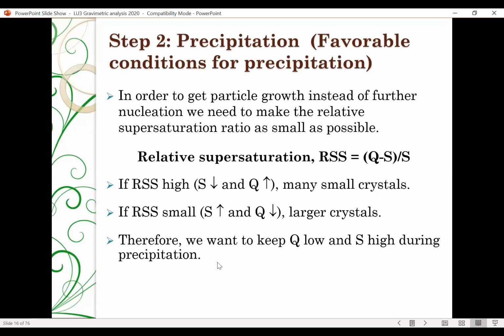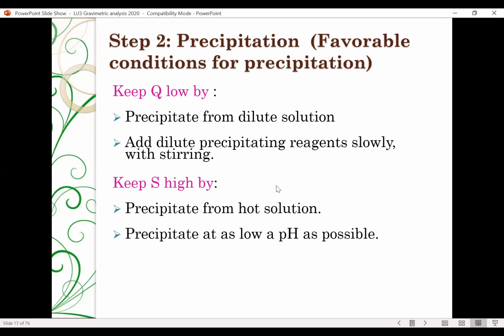Therefore, we want to keep Q low and S high during precipitation. Okay, how do we keep Q low and S high? These are the 4 important factors during precipitation gravimetry analysis. During the precipitation process, these are the 4 most important factors, because we want to make sure that we keep the Q low and the S high, and we keep the RSS therefore low,